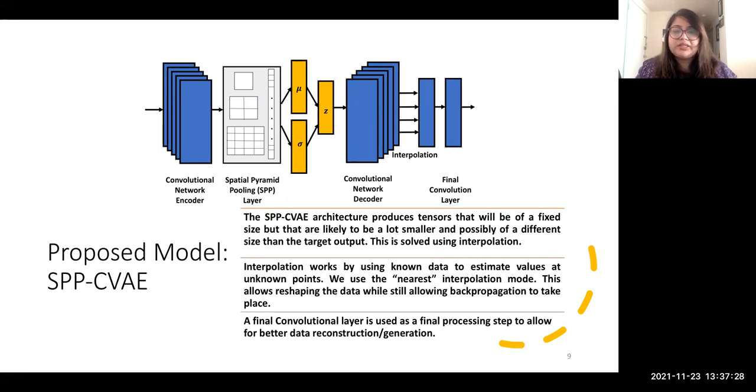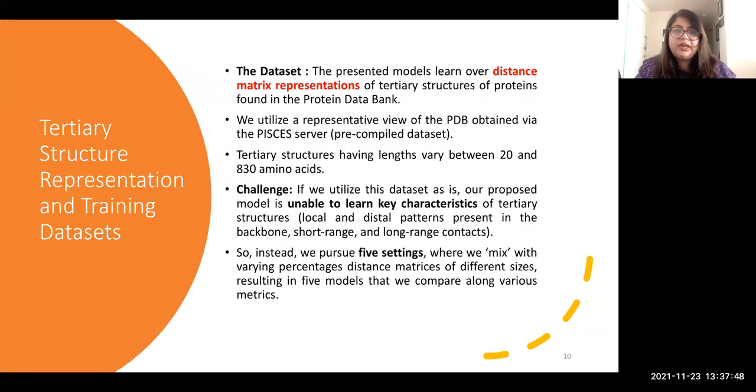We use nearest interpolation mode. So these allow reshaping the data while still allowing backpropagation to take place. And finally, a final convolution layer is used as a final processing step to allow for better data reconstruction or generation. And as a data set, all our presented models learned over two-dimensional distance matrix representations of tertiary structures